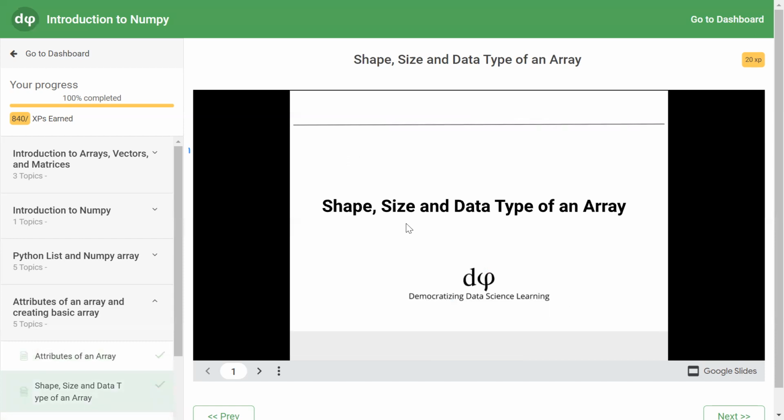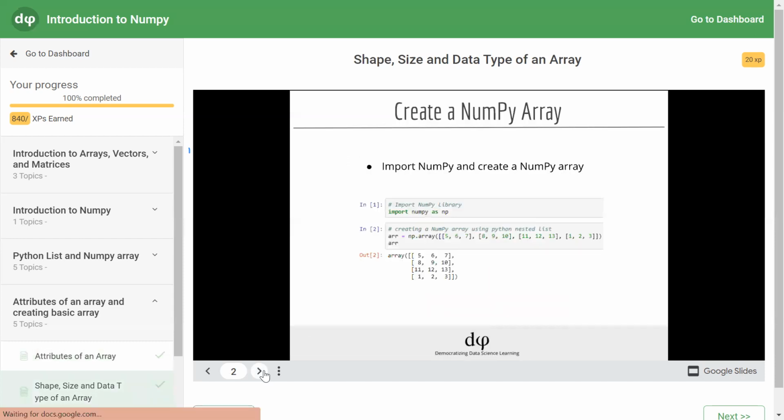Shape, size, data type of an array. Create a NumPy array. We are importing the NumPy module as np and using the np.array function. Inside the opening and closing parentheses, we are passing a list containing sublists. How many sublists are there? 1, 2, 3, 4. So it will act as 4 rows.